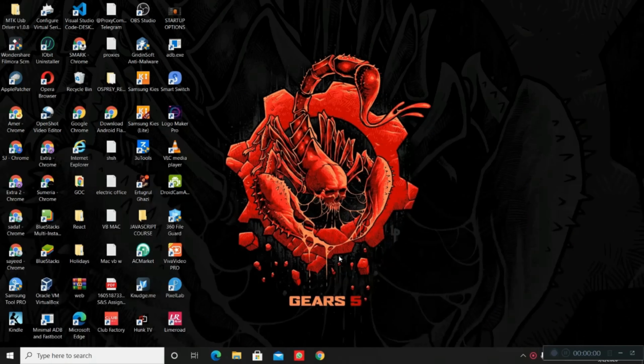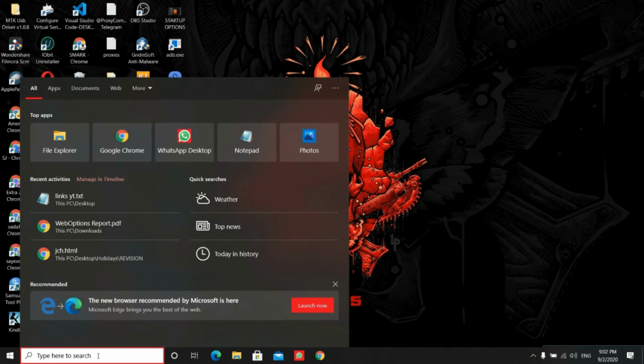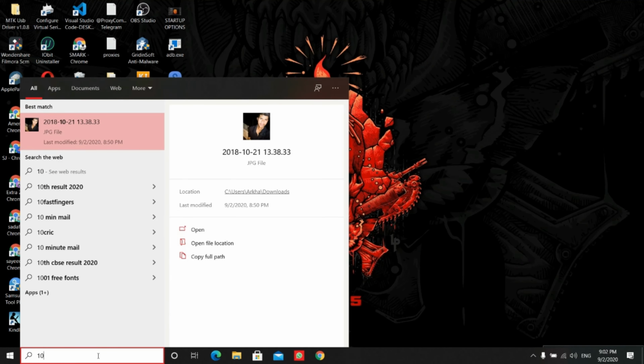So after it gets restarted, we have to uninstall the previous driver packages installed in our PC. For that I am using 10-bit uninstaller. You can use anything, or you can just manually uninstall every driver package. It is a very important step for the fresh install of new drivers. So just go to our 10-bit uninstaller.